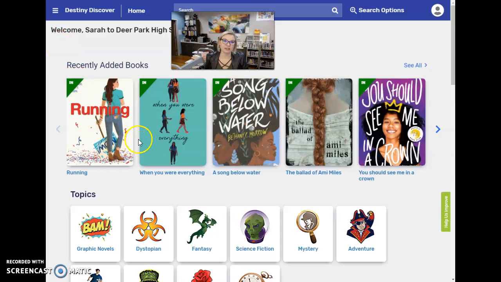The first thing you need to do, of course, is to log into Destiny. And you should do that through ClassLink, as always. It is easier through ClassLink. And remember, you don't have to use the ClassLink app. You can use ClassLink by going to the Deer Park ISD homepage and clicking on ClassLink in the upper right-hand corner. Once you are here in ClassLink, you are going to go to the menu button right here